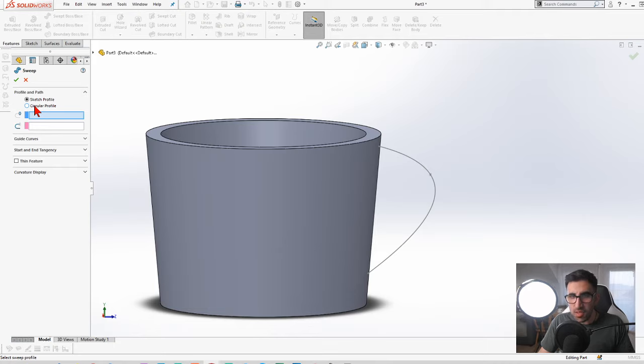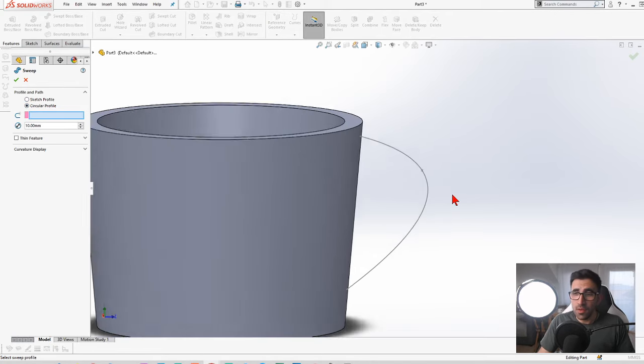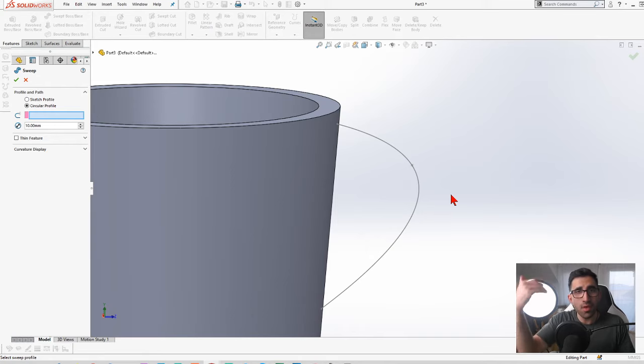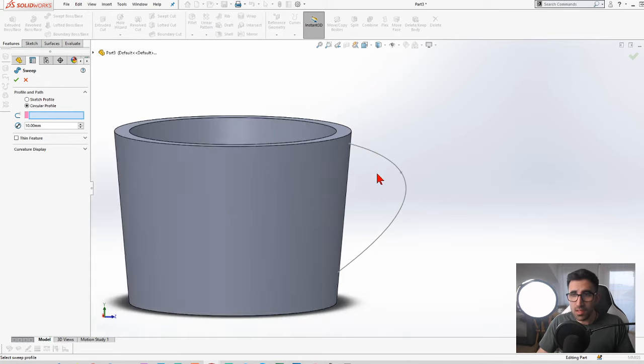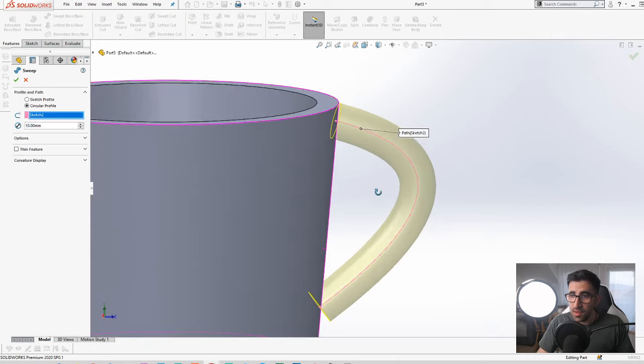The second option is you only have to define a path, and SolidWorks assumes your profile on default is nothing more than a circle. So when you click on circular profile, your profile automatically circles, so you do not have to create it. Now I'm going to use that in this case and pick this path, and you see the